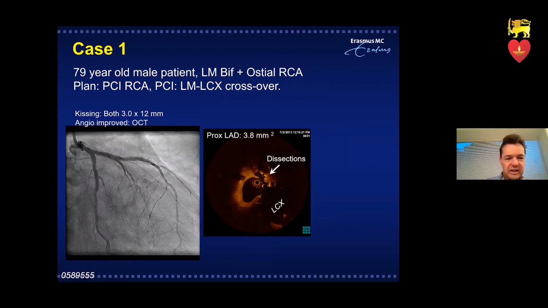But we still had the OCT, and now we looked at the OCT of the LAD, and we said, okay, it looks somewhat better, 3.8 square millimeters. But also now we have, inside the old stent, the intima was disrupted, and somewhat in the depth we also see a dissection extending beyond the stent edges, but also this flap inside the stent. In the old stent, we decided that this was not